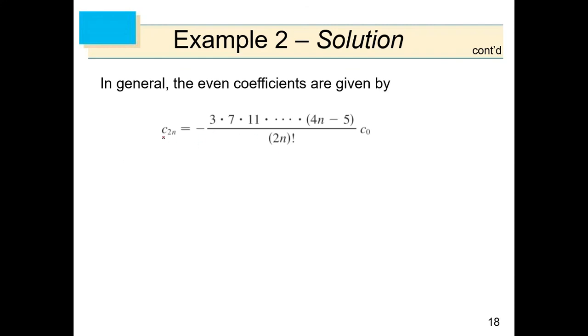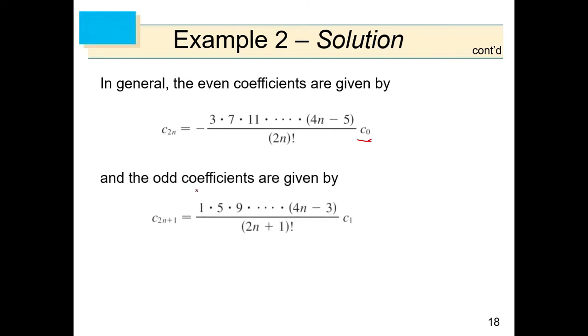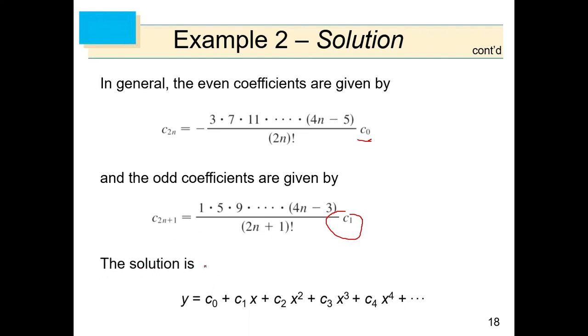We get C2n is equal to minus 3 into 7 into 11 up to 4n minus 5 upon 2n factorial into C0, and the odd coefficients are in terms of C1: 1 into 5 into 9 up to 4n minus 3 upon 2n plus 1 factorial. The solution is y is equal to C0 plus C1 x plus C2 x square